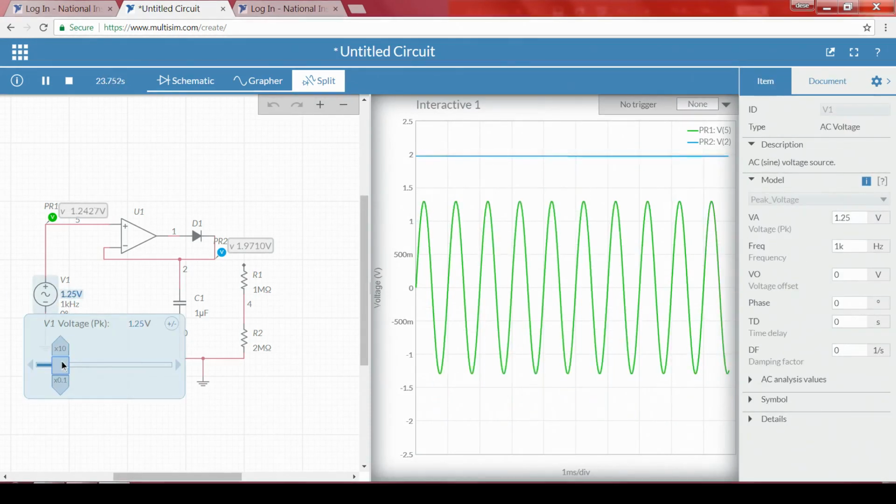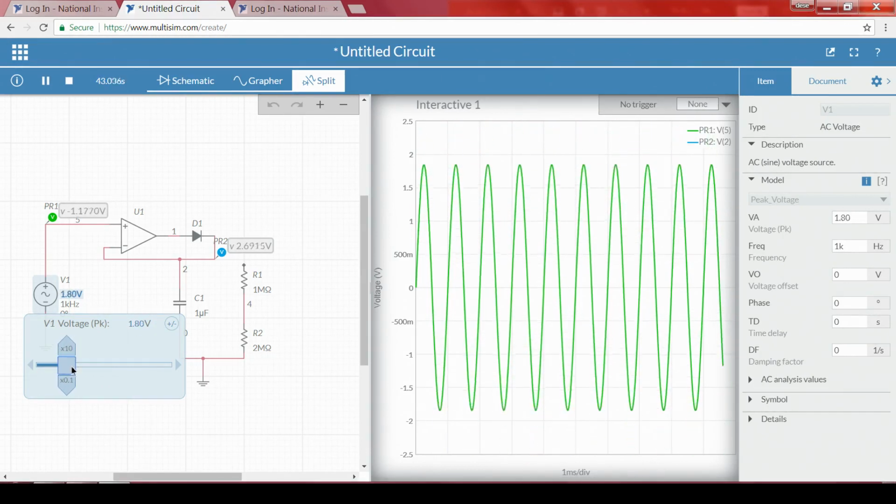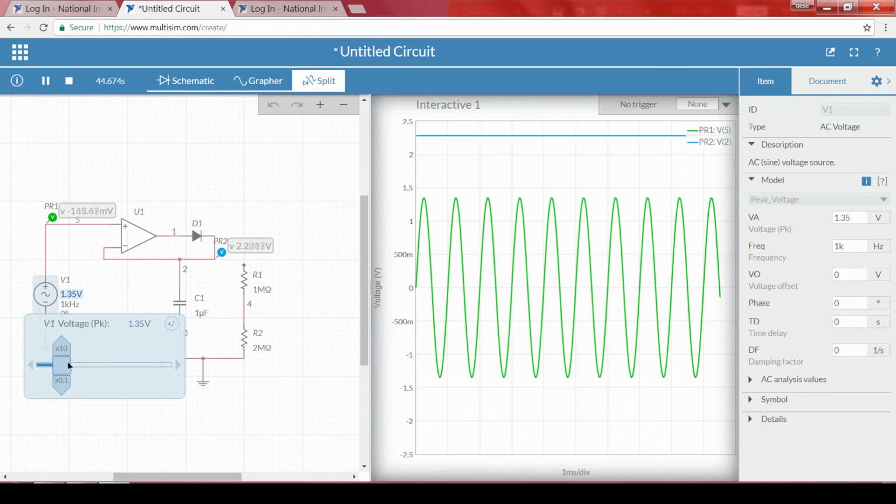Let me decrease. Now, the capacitor started slowly decreasing, because the input voltage now is very small, and the capacitor will also take some time to discharge, because that entirely depends upon the discharging rate. So, that is why it started discharging, and again continuously maintains the value of the peak. That means one part is clear: whatever the peak voltage that we are getting, the capacitor will charge to that peak value.